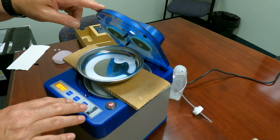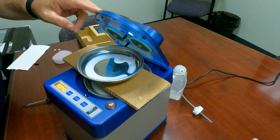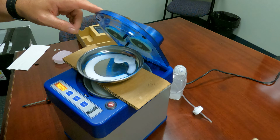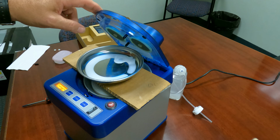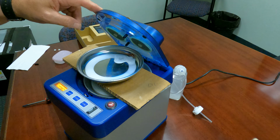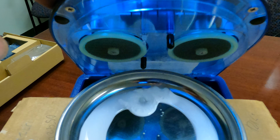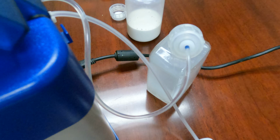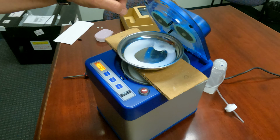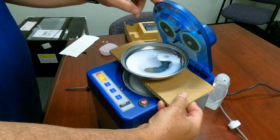Now go ahead and press stop. Stop function, run the pump in forward. And as you can see, the water's now coming out clear, and the line itself is crystal clear. Press stop. You can remove the little tray,